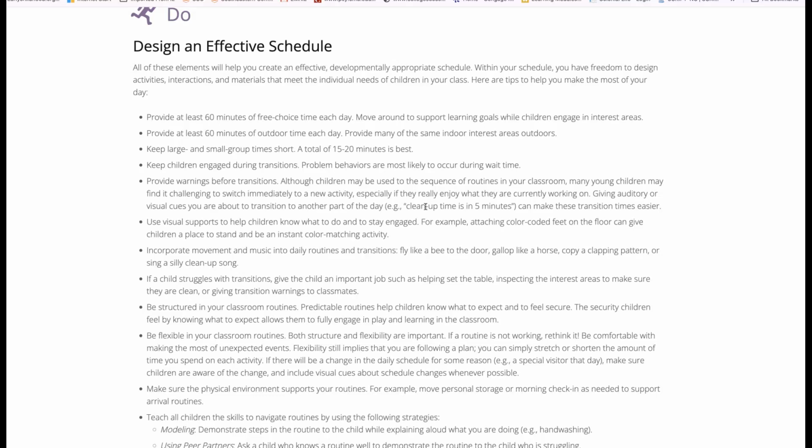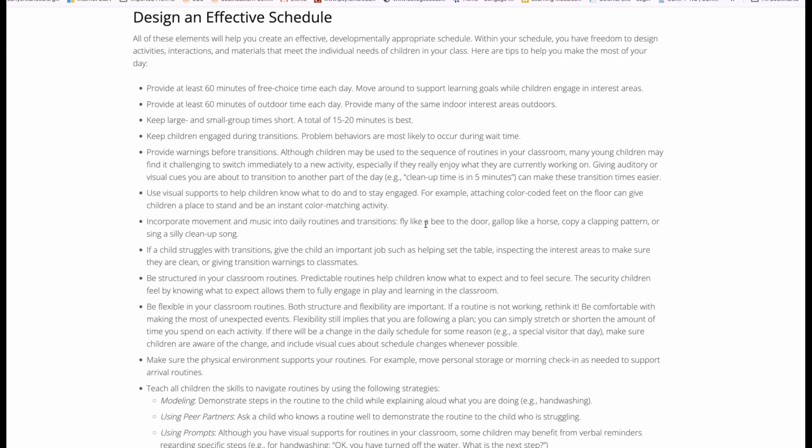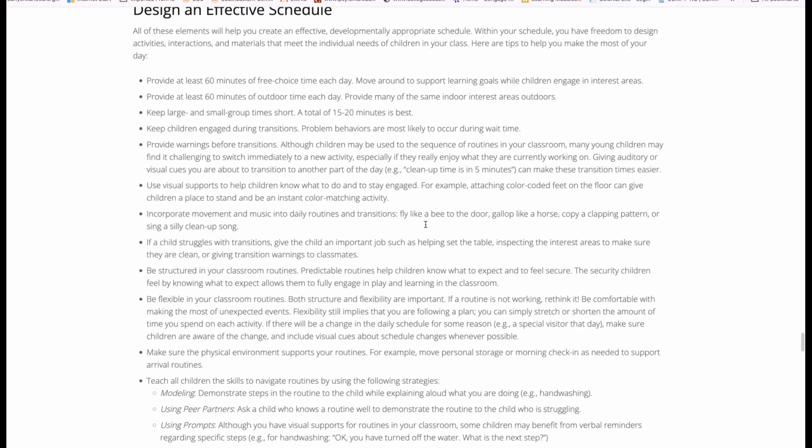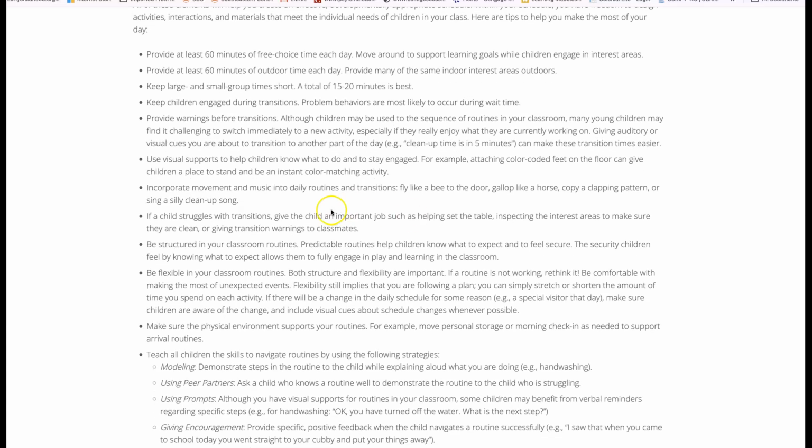So provide warning before transitions, like when you are going from one activity to another. You always want to tell children ahead of time, hey, we're getting ready to change. And you've seen little transition tricks, 5-minute warning. A teacher will give a bell to signal to the children that they're getting ready to change. So it talks about using visual supports so children can know what to do, etc. Incorporate movement and music into daily routines and transitions.